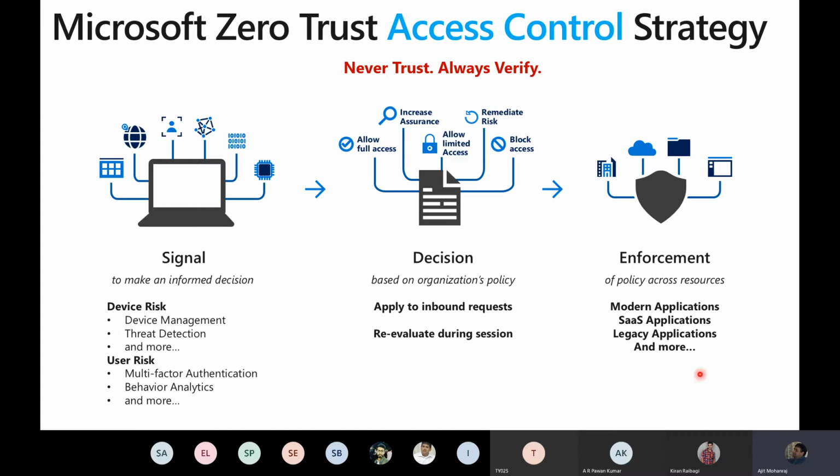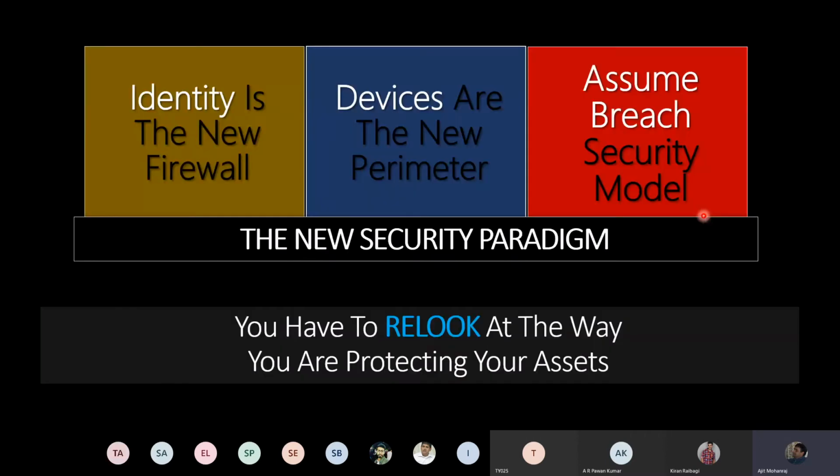So it's very simple. If you look at it, there's a certain set of inputs coming in, there is some processing that I need to do, and I need to take an output and ensure that I'm able to enforce that, right? So zero trust, the new security paradigm, is just this. Identity is the new firewall. Remember that. It's not your perimeter anymore, because attackers are trying to breach your firewall, the physical firewall. Attackers are now trying to breach my identity. So I become the new firewall.